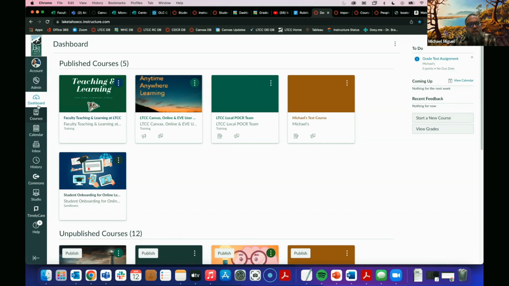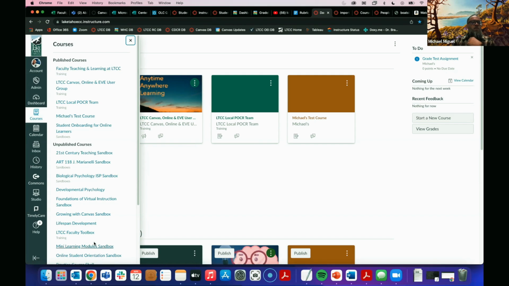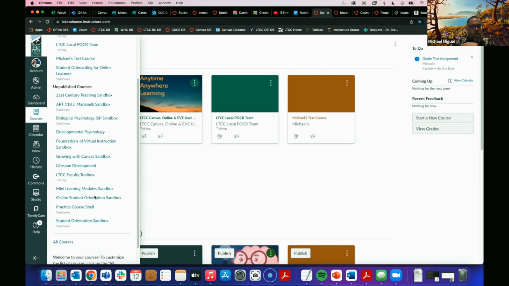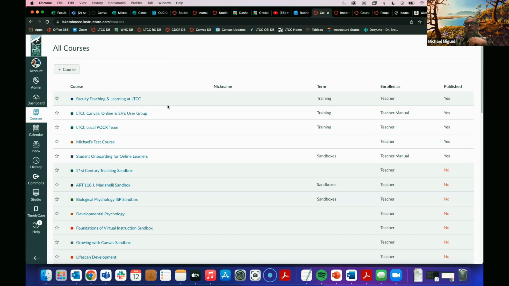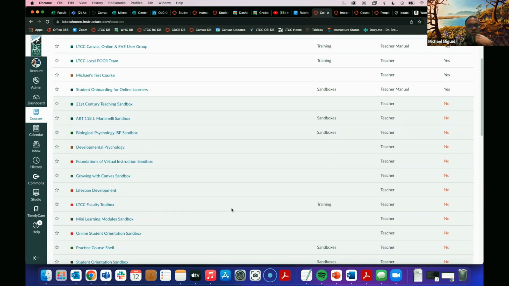The way to fix that is instead of clicking dashboard, click on courses. Here's an entire list of courses, but if you scroll to the very bottom, it will say all courses. Now, this is every course that you've ever been a teacher in at LTCC. So this is the easiest way.